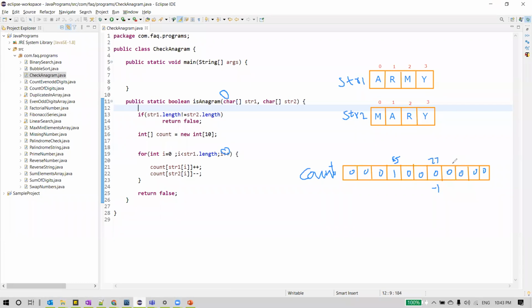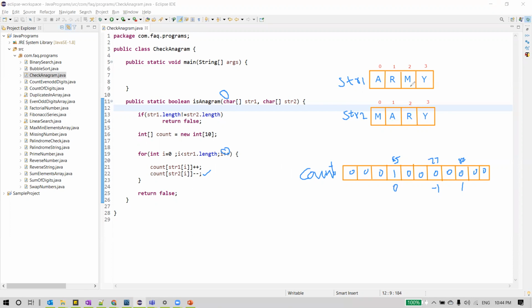Say for example, it is somewhere here, 82 will be plus plus. So this becomes 1 now. And then the same for string 2 as well: A again. So we know the numerical representation of A is 65, and count of 65 minus this time. So 1 minus 1 becomes 0 now.